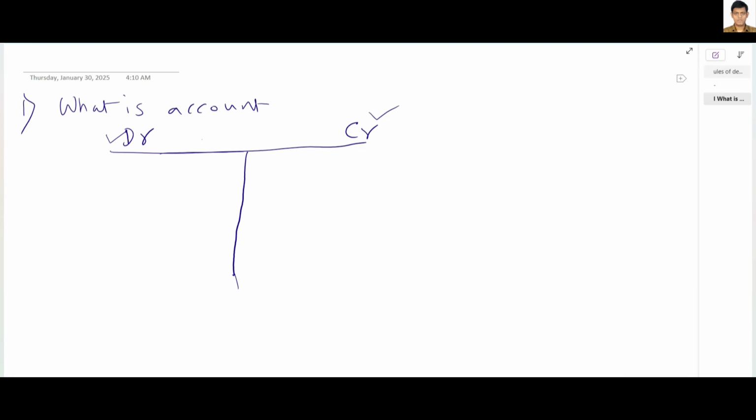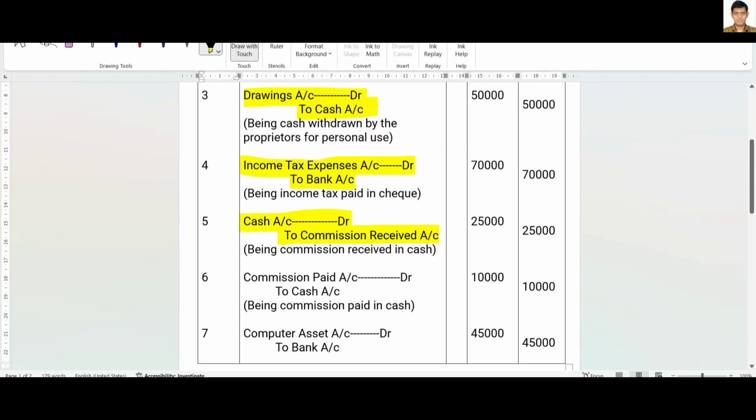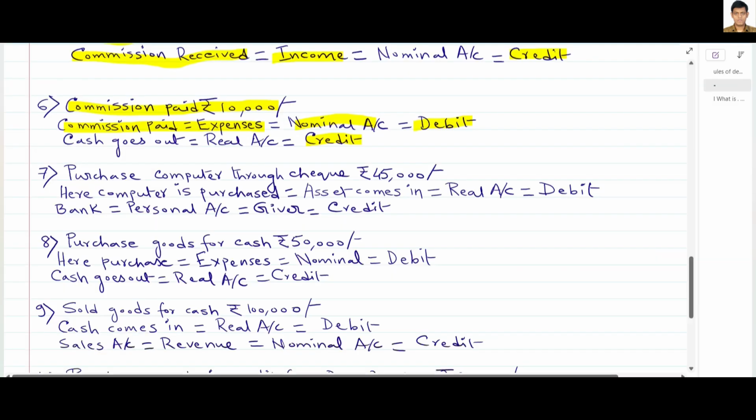So commission paid will be debit, and cash is going out, and we all know that cash is real account, and here the cash is going out from our pocket, so it will be the credit. So the journal entry will be commission paid account debit to cash. Now the next,